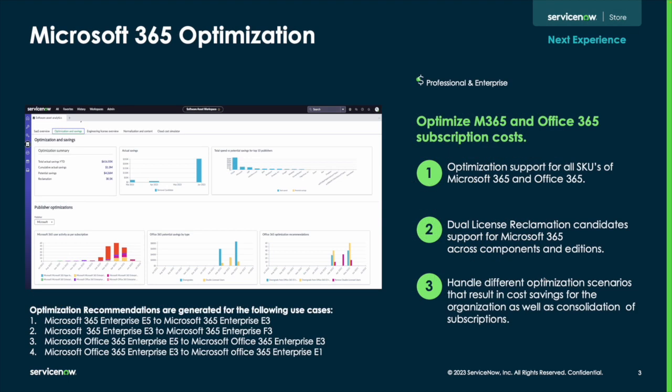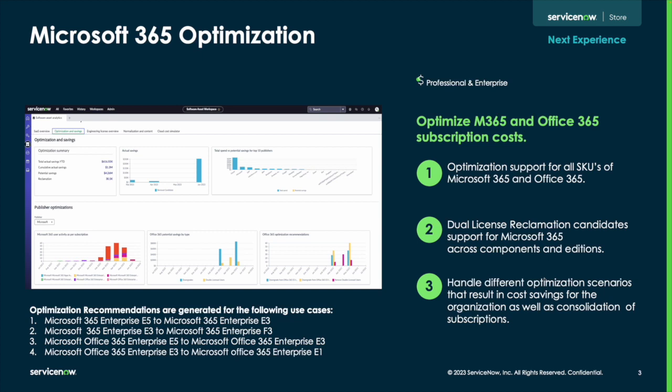But let's go ahead and kick things off, and really let's set the stage. When it comes to Adobe and Microsoft, organizations really are tasked not only to just stay on top of compliance, but also figure out where they can optimize spend. Because of that, we introduce decision support to identify and even be able to act on savings opportunities. With Microsoft, we're providing recommendations to ensure that there's optimized usage and spend across M365 and